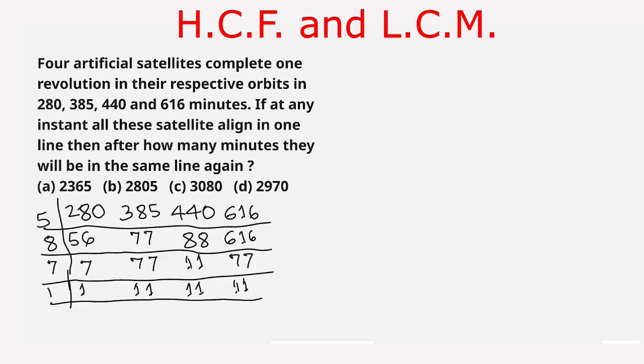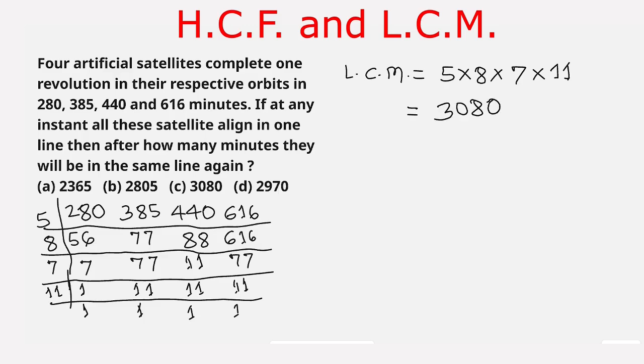Now we divide these numbers by 11. We write 1 as it is. 11 divides 11 for 1 time. Again 11 divides 11 for 1 time. And 11 divides 11 for 1 time. Now our LCM is equal to 5 multiplied by 8 multiplied by 7 multiplied by 11. 5 times 8 is 40. 40 times 7 is 280. And 280 times 11 is